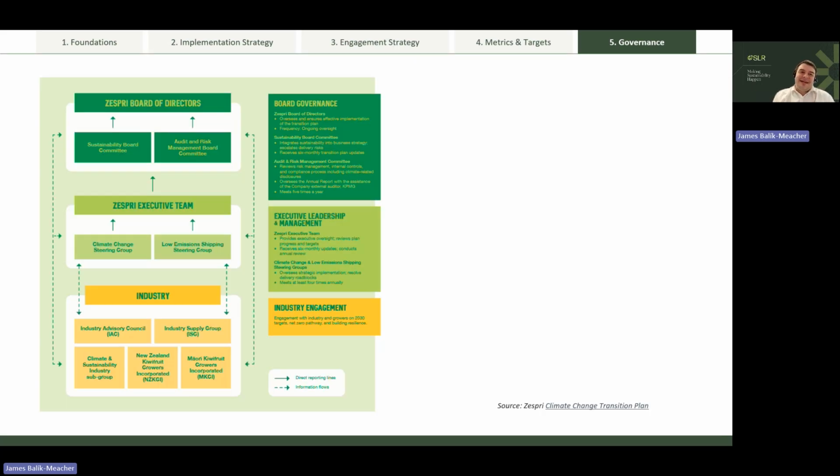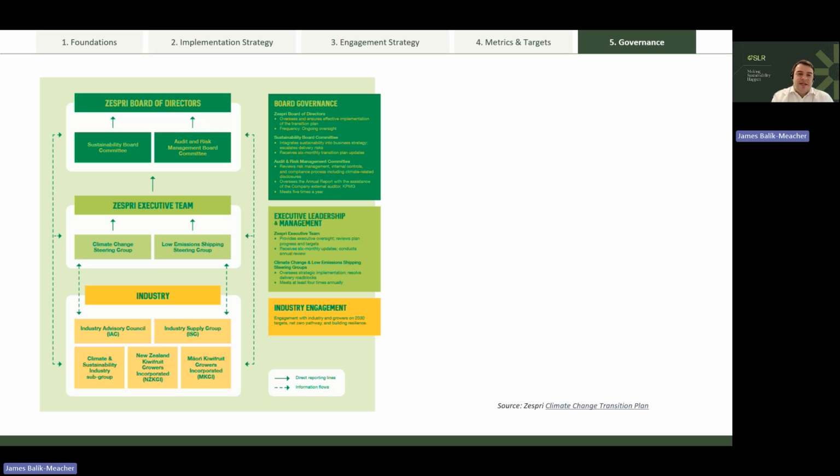This is Zespri again, breaking down how that engagement is happening and the governance within their organisation. So as I said, this type of diagram should be fairly familiar to most people. One thing I would point out that it is important to think about as you work through this governance section is how different parts of this plan are going to be managed differently.